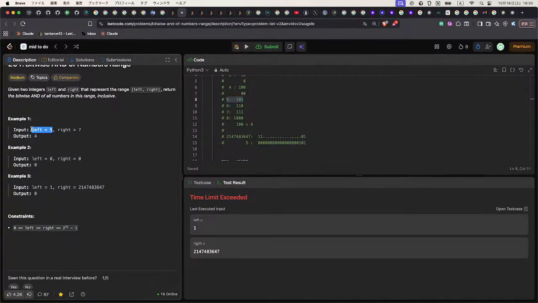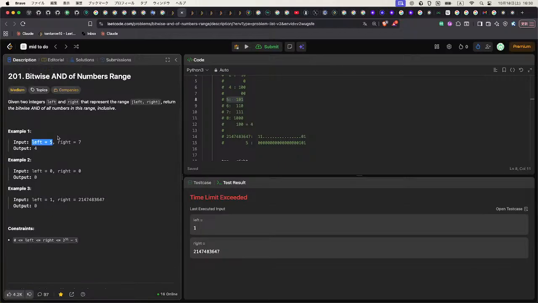So the challenge here is we can get the left value, and we have to calculate the next number that has one more digit, right? Does it make sense? So I want to say we have to